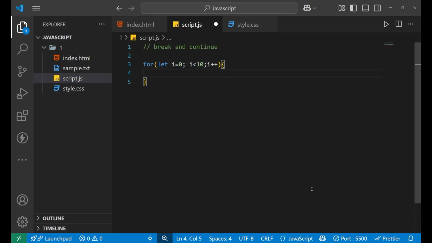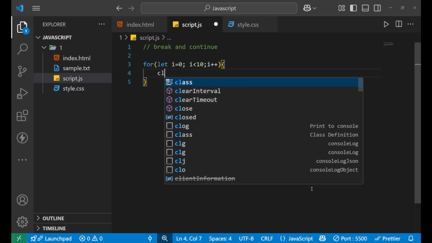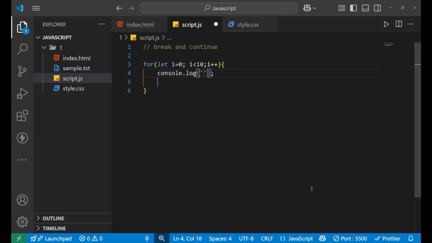Now inside of this I will write my code, that is console.log, and I want to get all the i numbers from 0 to 10. So it will write 0 1 2 3 4 5 6 7 8 and 9.